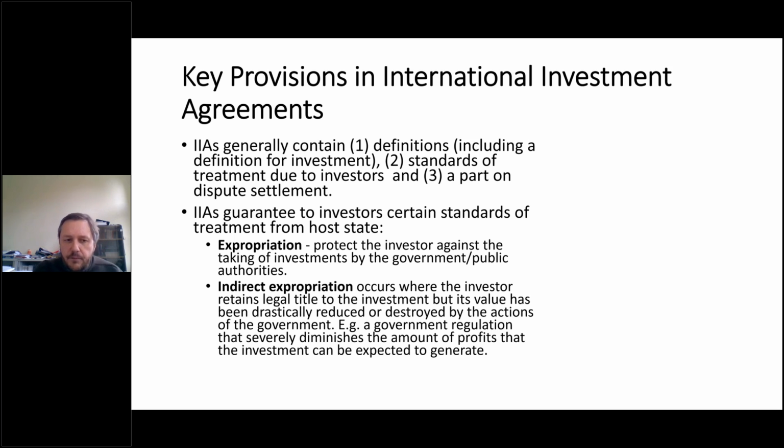And that's a bit what happened to Vattenfall, not to a large degree, but the company can still do the investment for the amount, but due to regulatory actions by the state, the value of the investment has decreased significantly. And that can be due to social standards, labor rights, environmental standards,